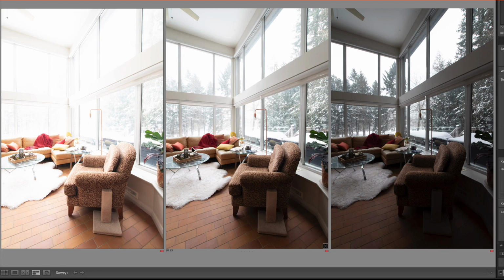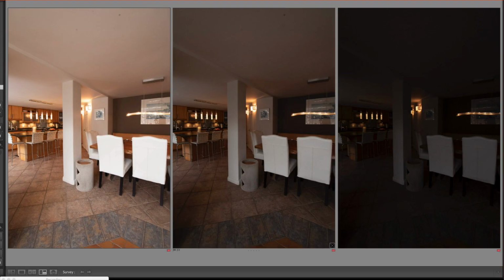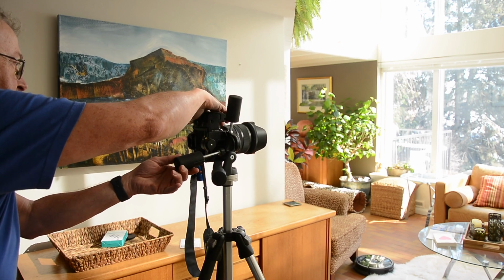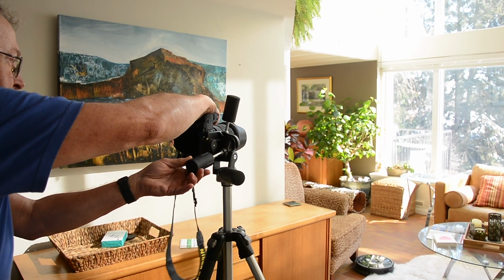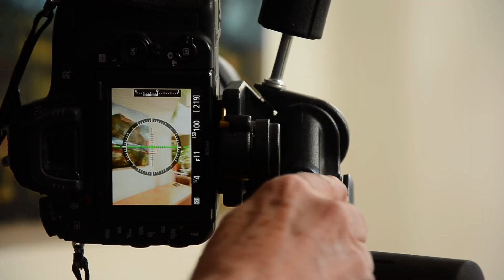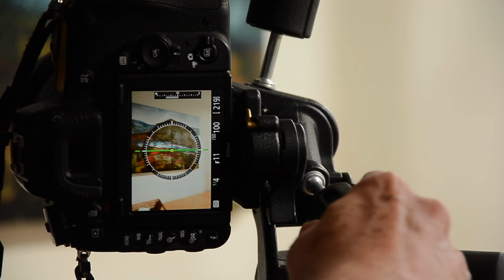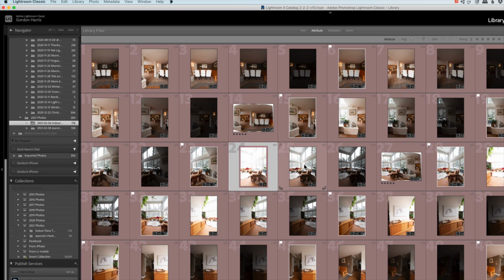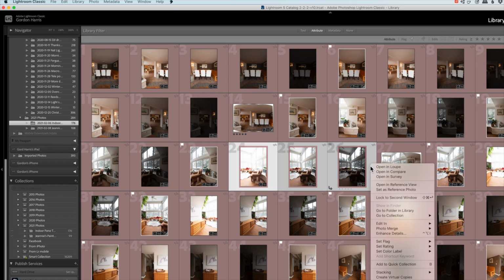Set color temperature, then take 3 different exposures, low, medium, and high. I did this by changing the shutter speed by factors of 2 f-stops for each shot. Then rotate to your next view to overlap about 40% and take your next set of 3 exposures. Repeat 11 times. When finished shooting, merge each set of 3 exposures into one HDR photo in Adobe Lightroom by